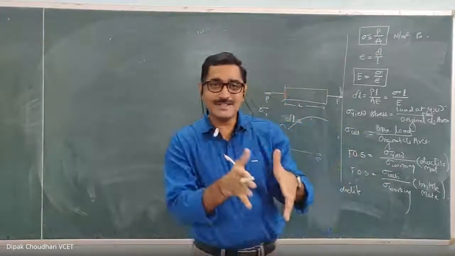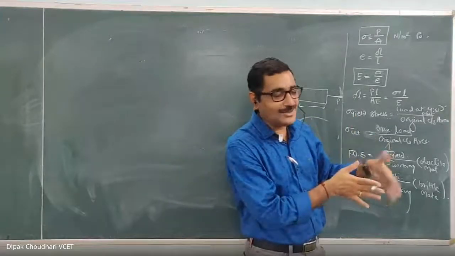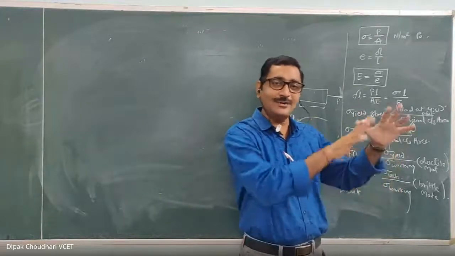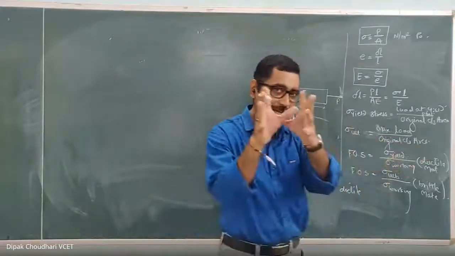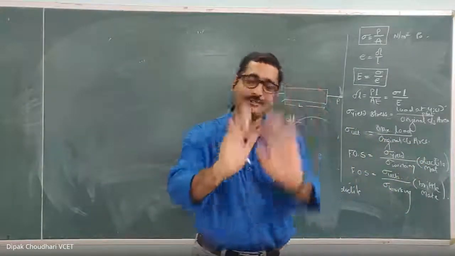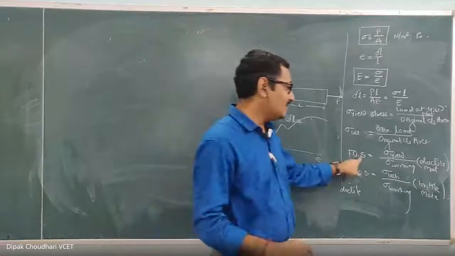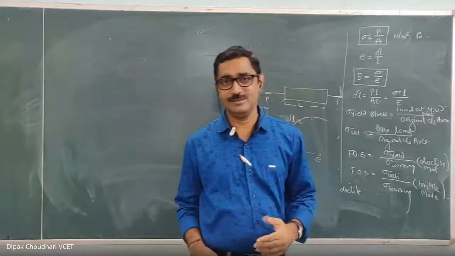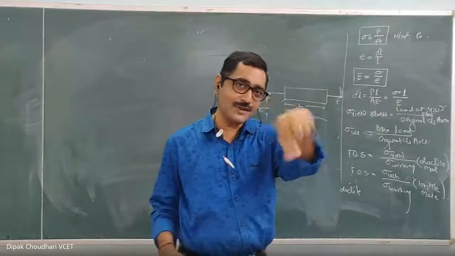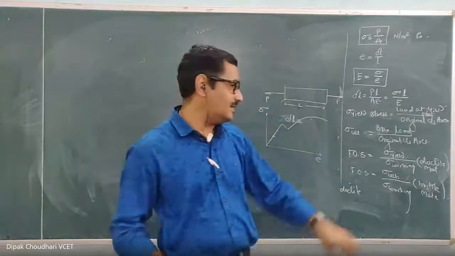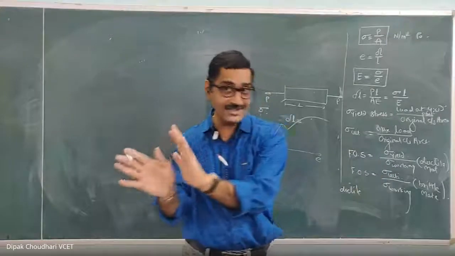First the factor of safety you have to decide, and from the factor of safety you have to decide the working stress, because for that particular material, yield stress is the property which remains the same. Only these two parameters will vary for that particular material. So first we have to decide the factor of safety, and from it the working stress. The reverse is not true.